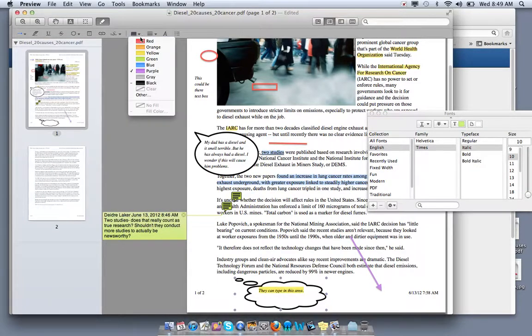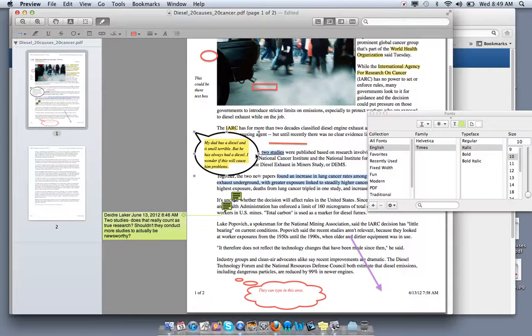Maybe it's just something they were thinking of, and maybe they were curious if everybody else thought the same thing. Maybe this is the actual speak bubble where students want to make sure that they give their input into the discussion. And I do know that some teachers have used that feature where students must say 2 or 3 things in a group discussion. This article, I don't know if it's really deep enough to actually spark too much conversation, but it is an example. So that is how you would annotate an article, and it's really a lot of fun,